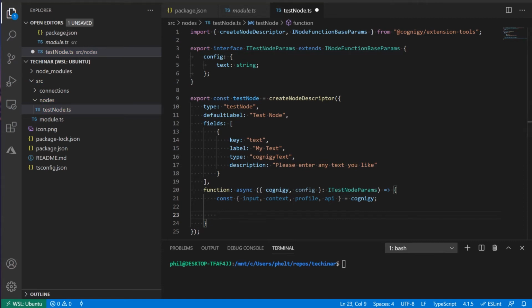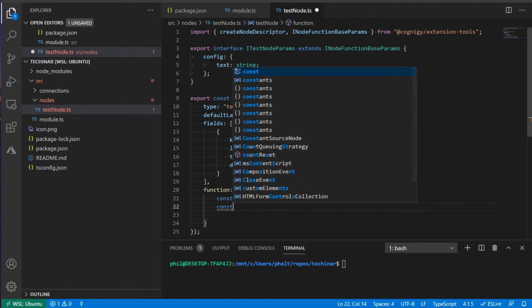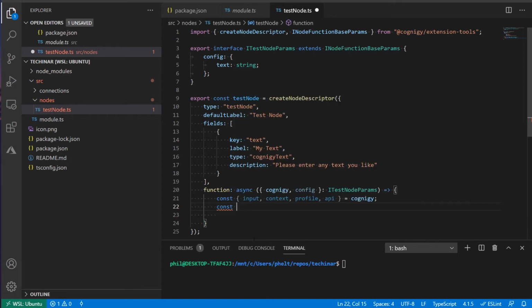Now let's extract the text from the config. So this becomes very convenient now because we created this interface up here. So I can say I'm going to extract some parameters from the config, and what's available? Text is available. And what do we want our node to do? We want our node to output something.